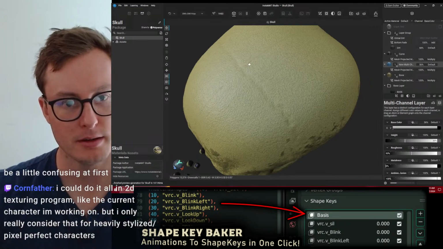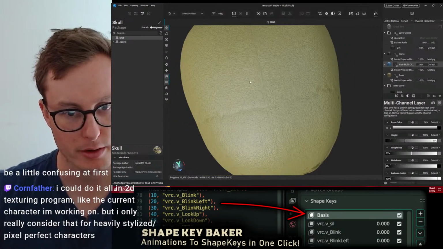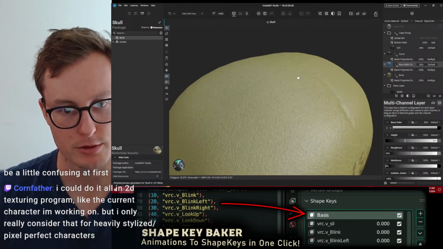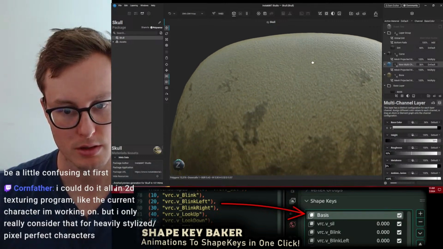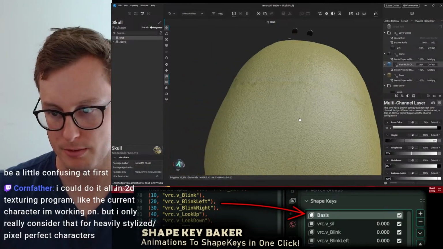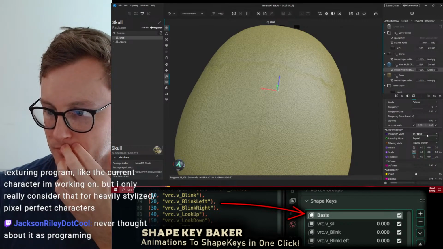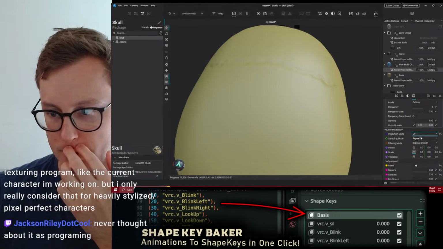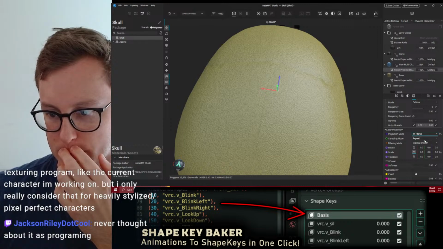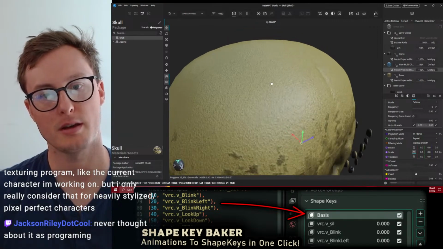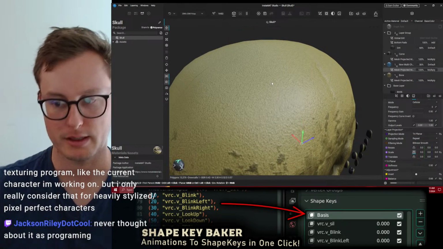This is interesting. Why are we getting this weird pinch just up here, though? Should be a triplanar. Oh, maybe it's because that's where it's leveling out.